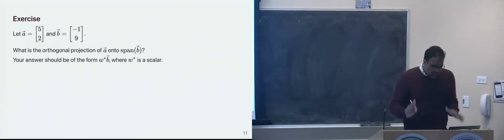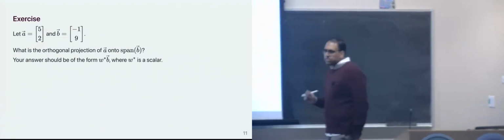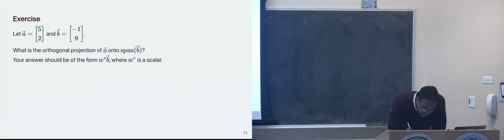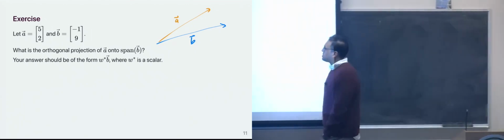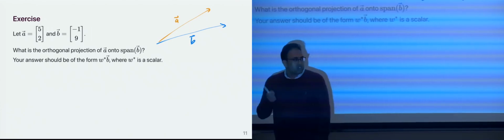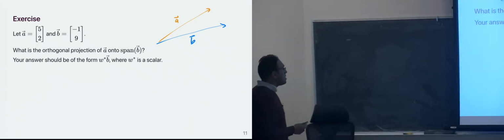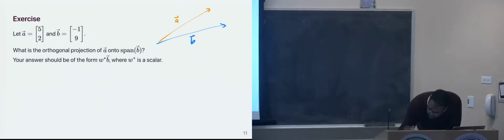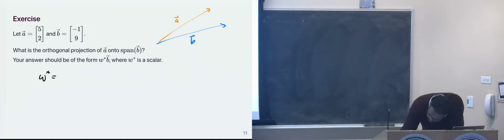Okay, so to really make sure we get what's going on here, I want us to work out an actual example with numbers. Here, I have two vectors, A and B, and I want to project A into the span of B. So the picture I should think of looks something like this. What is the orthogonal projection of A onto the span of B? Well, as I saw in the previous slide, it's in the form of some number times B, because vectors in the span of B are of the form some number times B. What is that some number? Well, we determined it on the previous slide. That some number, w star, is, in this case, B dot producted with A divided by,